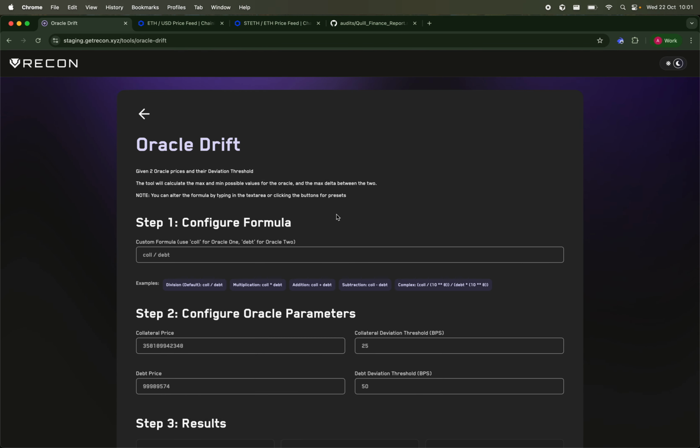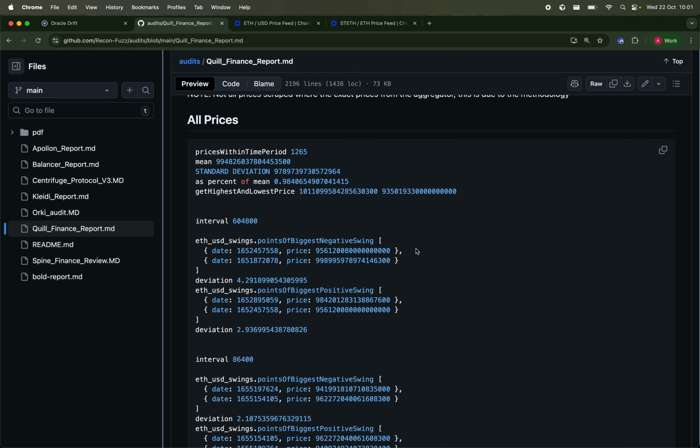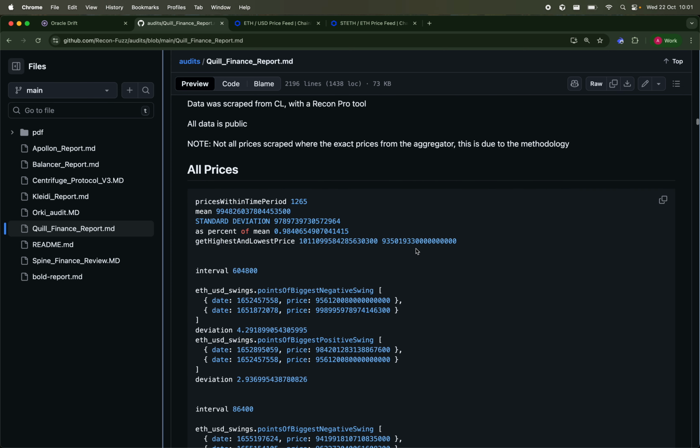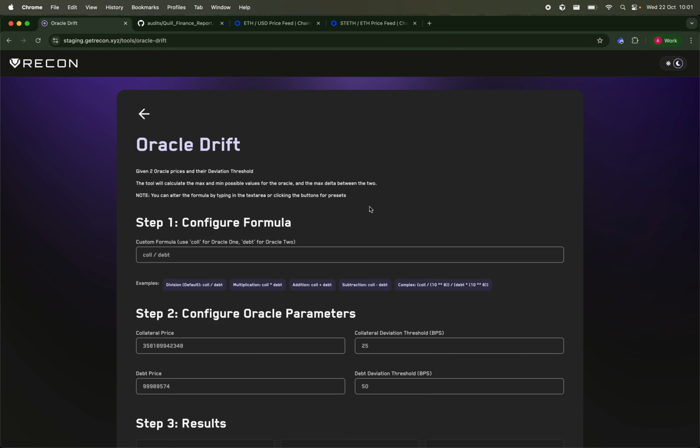There are many like this. We just have it here for your convenience. And the other tool is one of my favorite tools because it's based on an idea that I've been talking about for years, and hopefully I convince you to also inspect it in your security reviews. Say I'm doing a security review for a project such as Quill Finance, which is a Liquity fork, or even Liquity V2 Bold themselves. We fundamentally want to look at their oracles, and based on how they manage their oracles, they could be introducing what I call oracle drift, and they could also be introducing what I would call compound